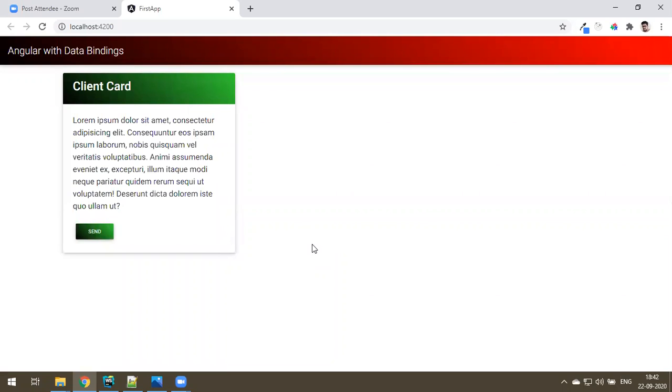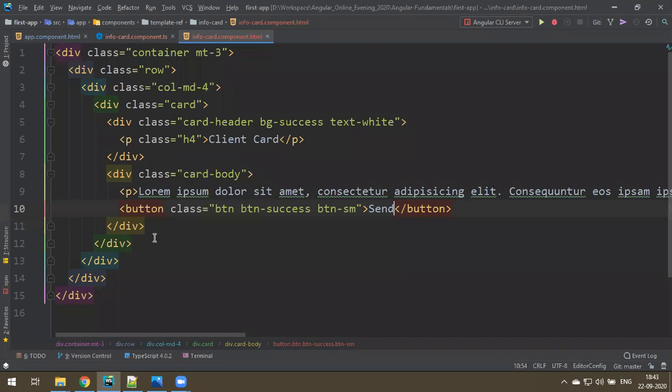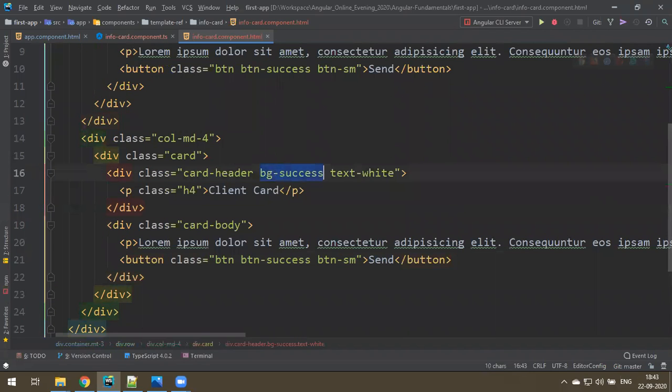So what is the plan now is, here one more card will come, same setup, but when I click on this send button, whatever message you have, I want to transfer that message, I mean send a copy to another card on the right side. Just like another card we have, in a different color, which is secondary. This is some server card.